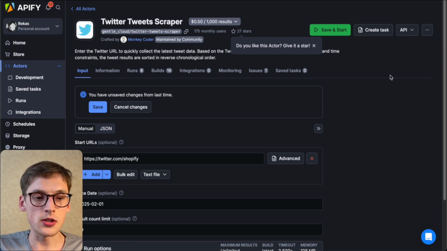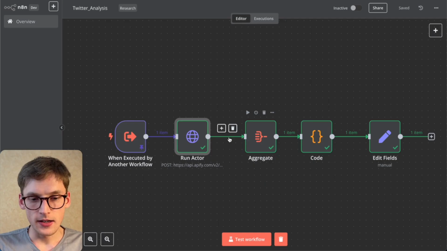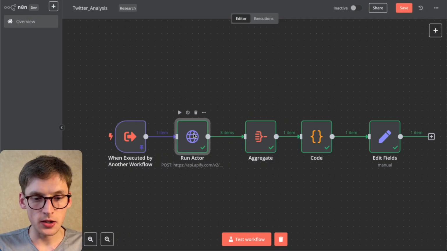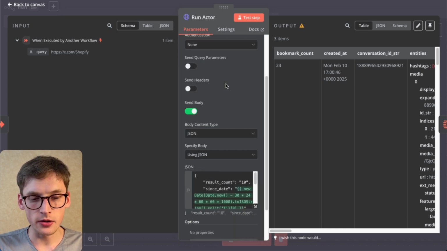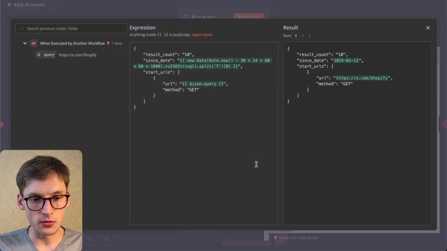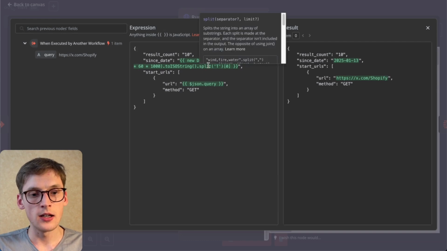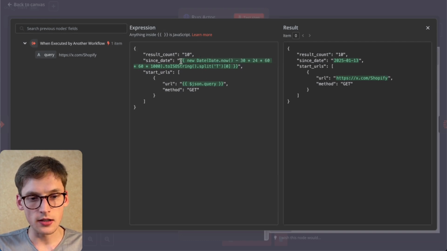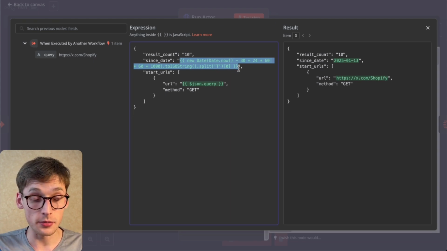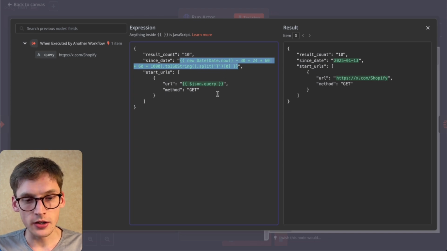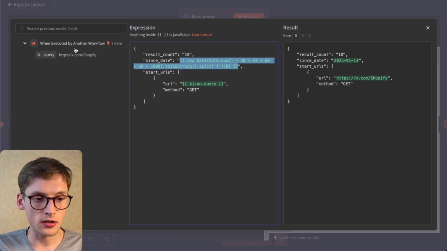If you want to use the scraper, go to API and copy paste the JSON. And yeah, we have that information. We can go to Apify, copy paste the URL, as well as include the body. So in the body we have the since date. Basically I asked ChatGPT to write me a function that will get me the date, the days before. ChatGPT can really help you on this. And for the URL, we have a JSON query, so basically the